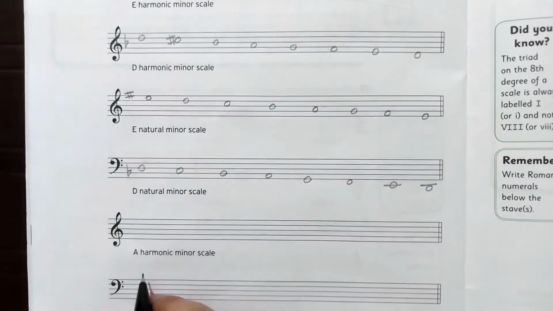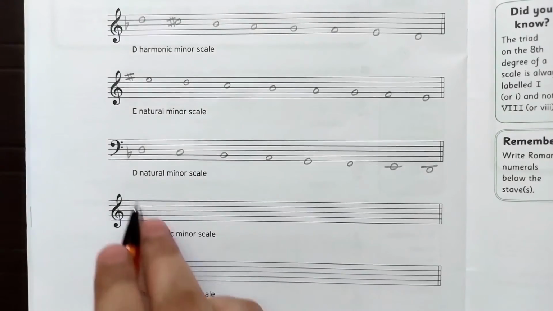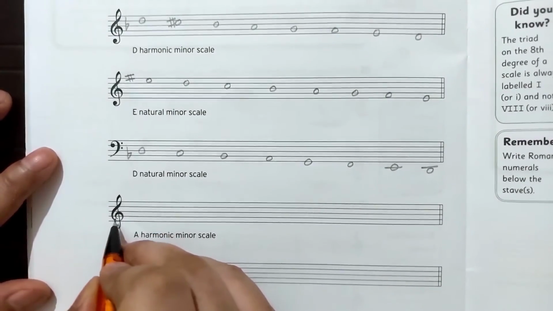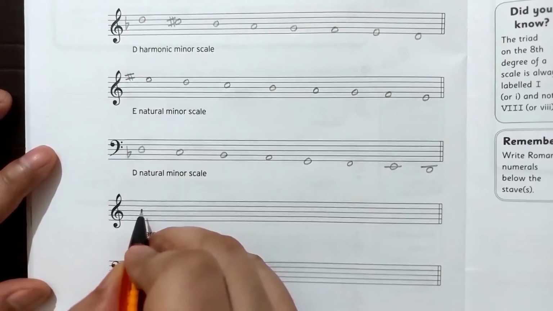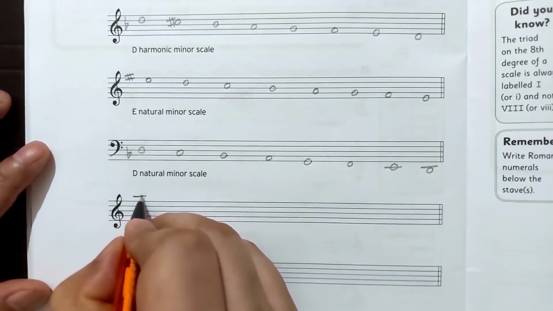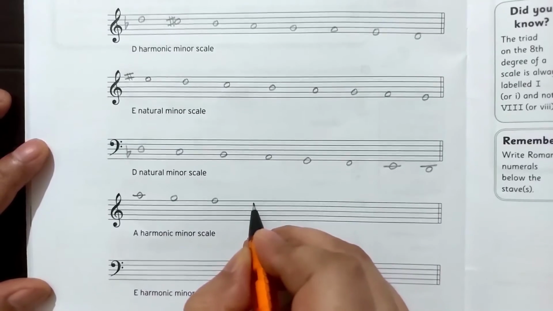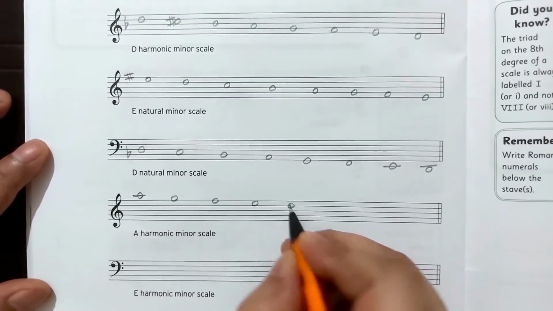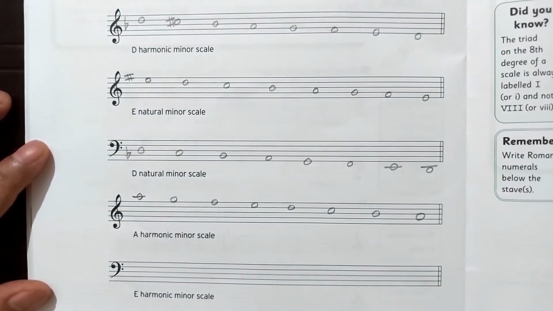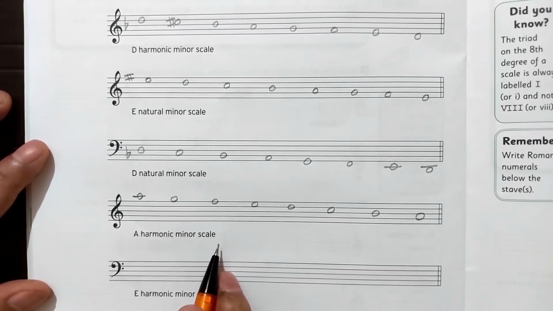Okay, next is A harmonic minor scale. So A harmonic minor scale doesn't have any key signature. We straight away start from A. This is treble clef, yes, treble clef, and we start from A here. This is F, G, and A. 2, 3, 4, 5, 6, 7 and 8. Now this is a harmonic minor scale, so that means we need to raise its 7th